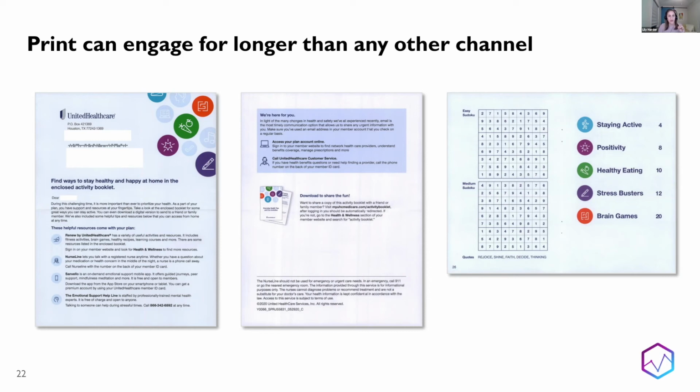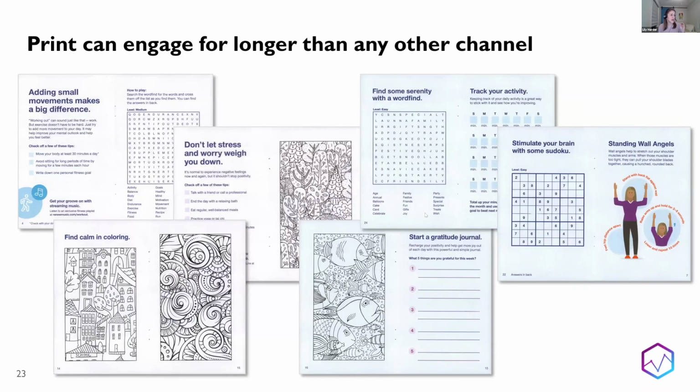So when you think about the value of time that someone spends with a campaign, we've even seen this from some direct-to-consumer brands like Casper Mattresses did this, where they're sending direct mail campaigns with crossword puzzles in them that I thought was very clever. This was a long one. This had Sudoku. This had coloring pages, starting a gratitude journal.